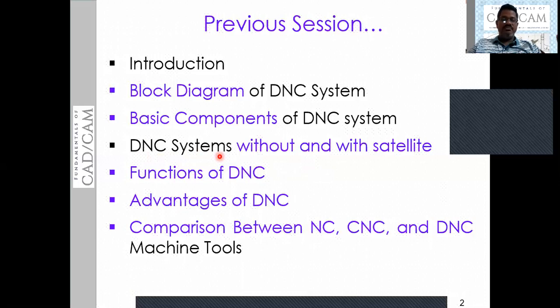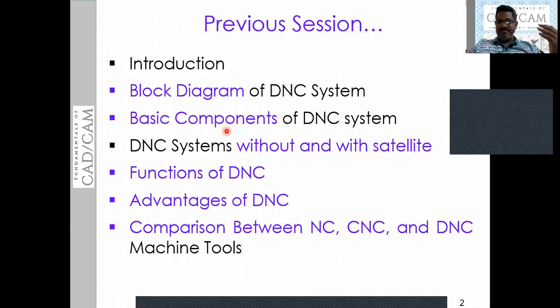So in between the bulk memory computer and the individual computers, a mini computer or a satellite computer is introduced between the central computer and the machine control unit, just to reduce the data transaction between the bulk memory computer as well as the machine. Network congestion also reduces. Every time the machine control unit accesses the program from the central computer, there is network congestion. To reduce that, the data transaction frequency between the central computer and the NC machine reduces by introducing a mini computer.